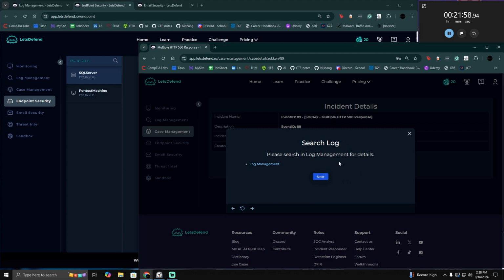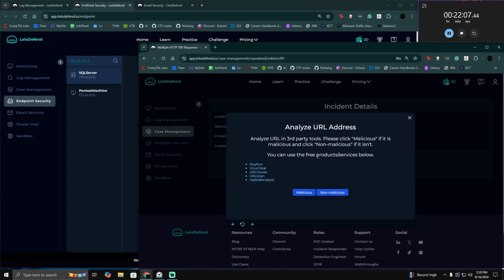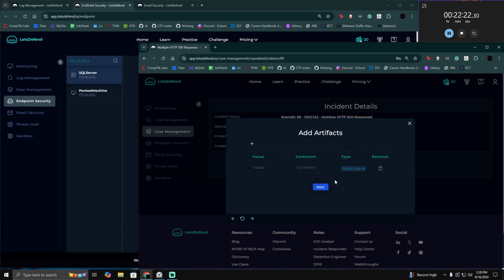Search log, we already searched. We saw the outbound connection and then the inbound request as well. We have those as artifacts. We looked at the IP already, in VirusTotal, Cisco Talos, and AbuseIPDB. It returned as non-malicious,